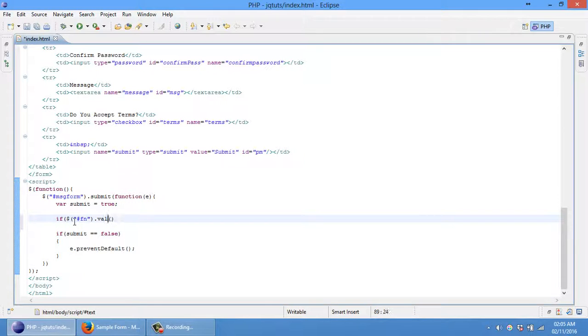If the jQuery first name variable val equals empty string,